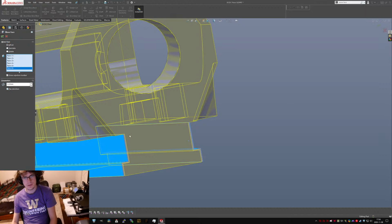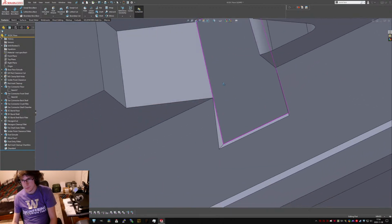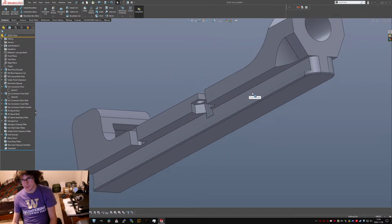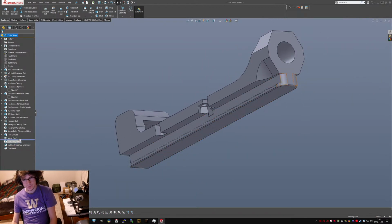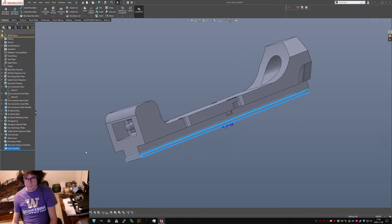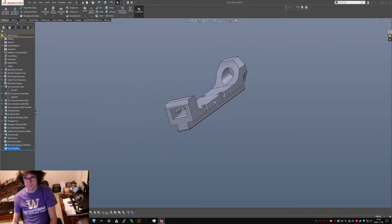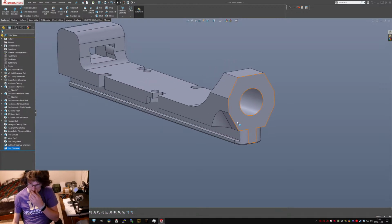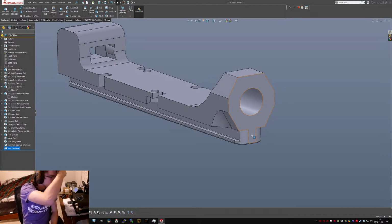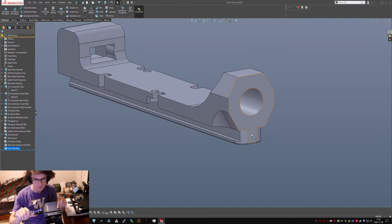And flip direction. I may do some fillets along here too. In fact, maybe I'll do that right after the face move. No, I should do it after the... I guess I need to get this one back here too. What's this? It's an extra 5 mils. What if I...